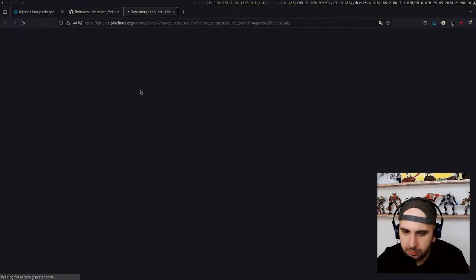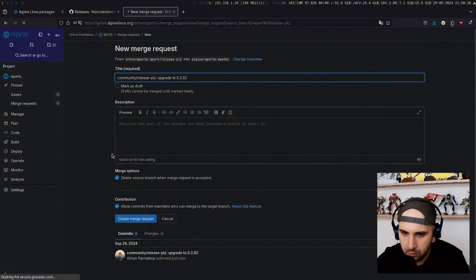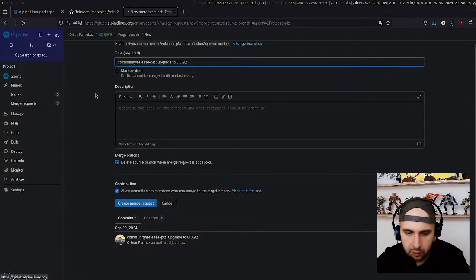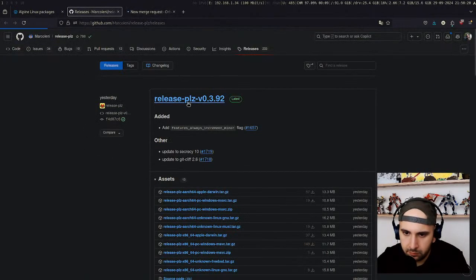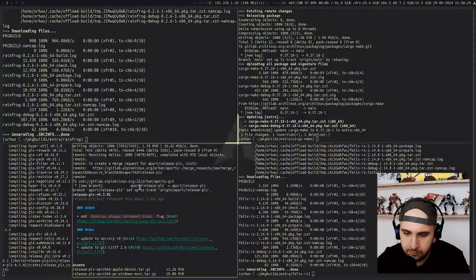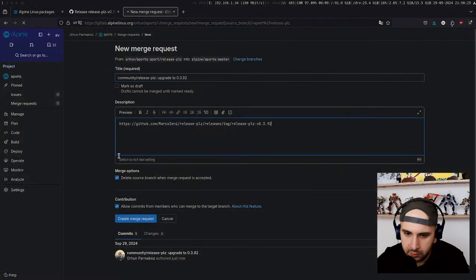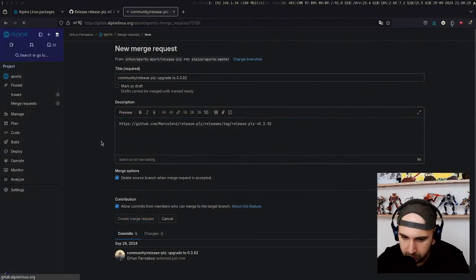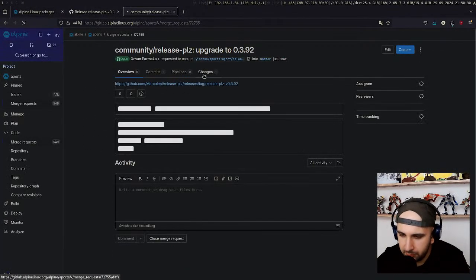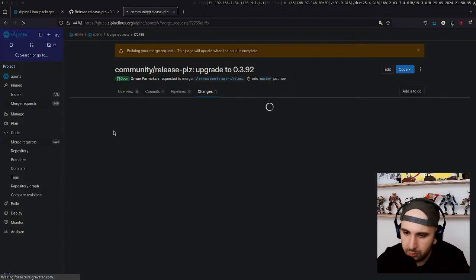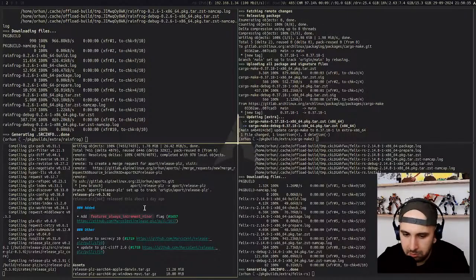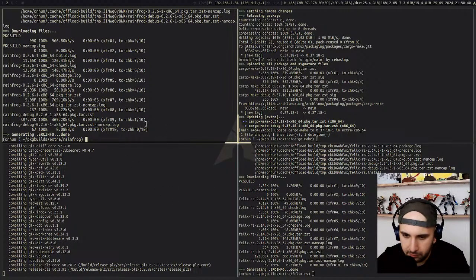And this is what I meant, by the way, by updating packages for Alpine. This is how you update a package, right? I have a script that updates everything, and then I go to their website and create a merge request. I can probably do this from the command line, and yeah, I should probably do this from the command line to automate everything, but that's super easy. So yeah,